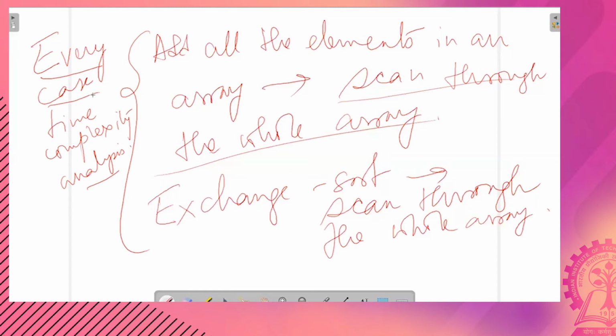Whatever be the value of the elements stored in the array, the time complexity does not depend on it and does not change. This every case time complexity is usually represented by Tn. All through the course, we will represent the every case time complexity by Tn.